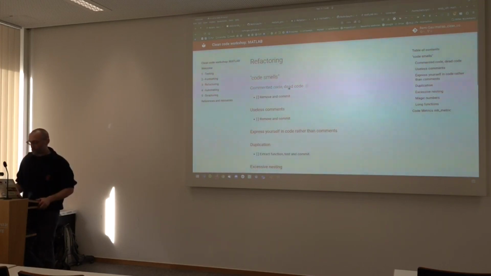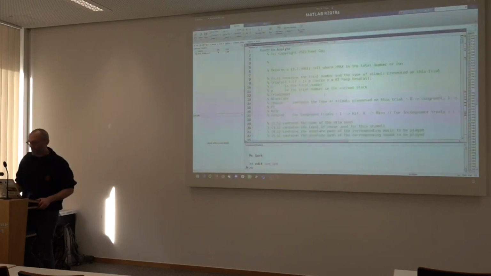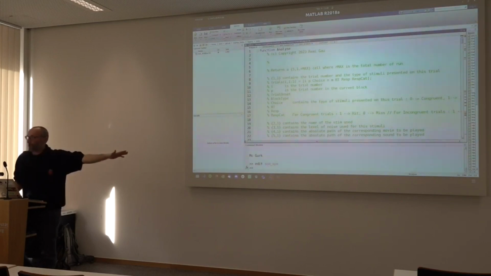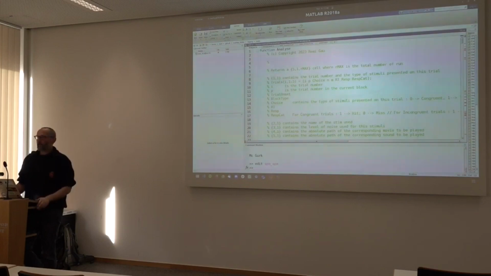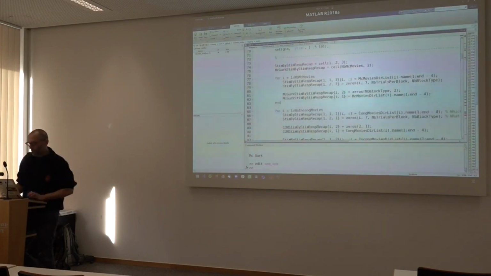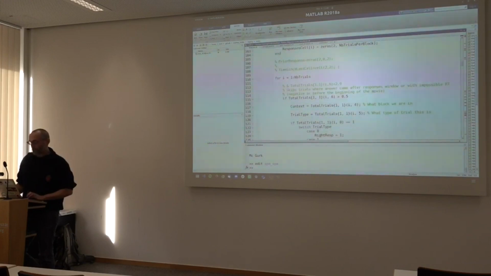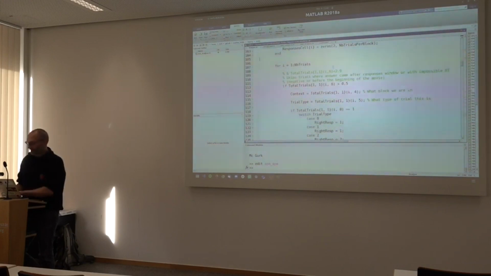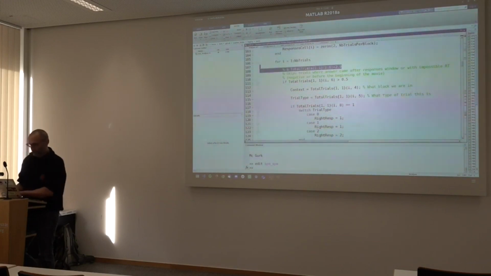So commented code or dead code, that's one of those. That's something I used to do a lot. Like, oh, I just want to check something quickly, so I'm just going to comment this code, and then you leave it commented forever. And then when you come back 6 months later, you go, why is this commented? What was it supposed to do? I don't remember. So pretty much my rule now, if I see commented code, I just delete it.